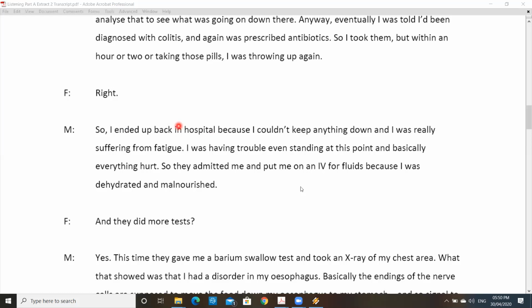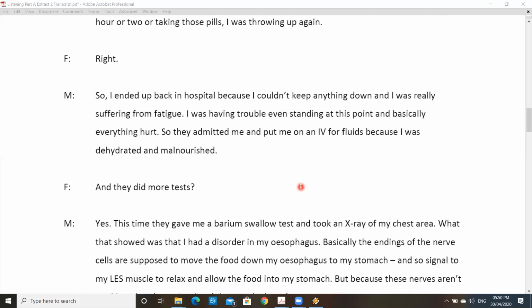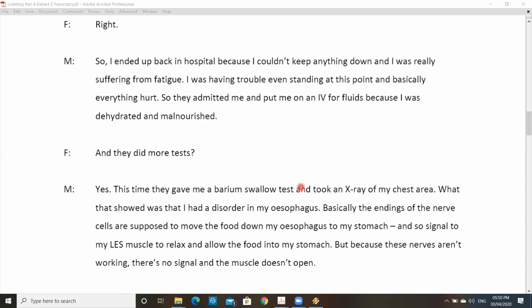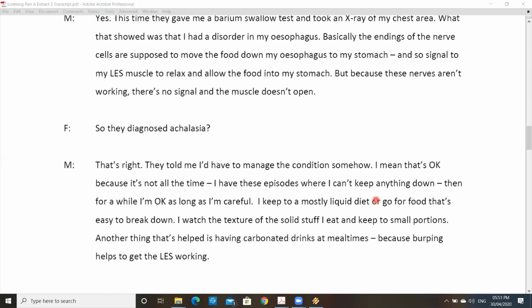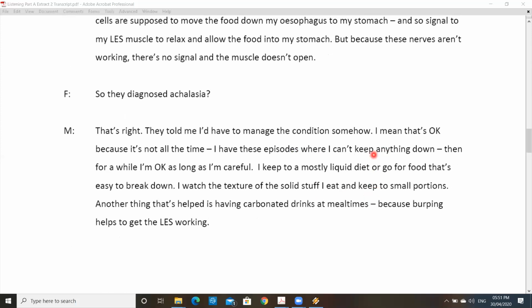So one of the ways of improving your score in listening part A is getting more and more familiar with the patient's kind of language. The patients would be using their own way of describing, and what you have written in your question paper is the language that the healthcare professional has used. So this phrase was quite often repeated here, couldn't keep anything down.